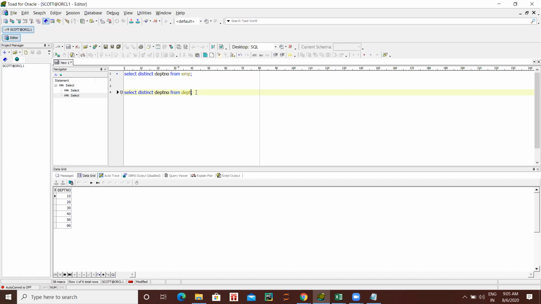Okay, so now the next one is our left outer join. The fourth one is left outer join. Write the heading as left outer join.